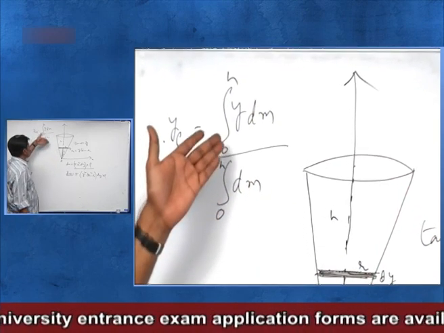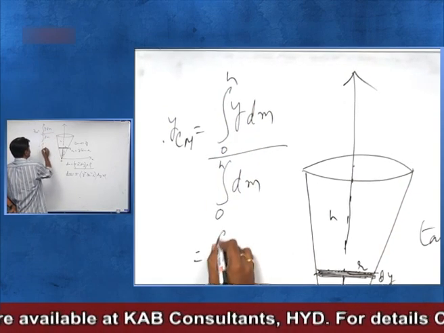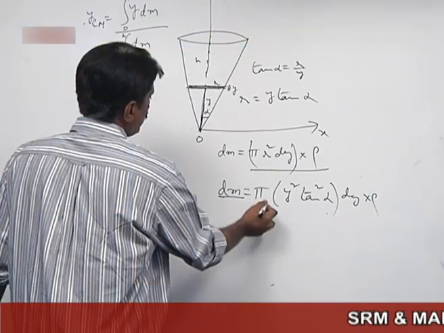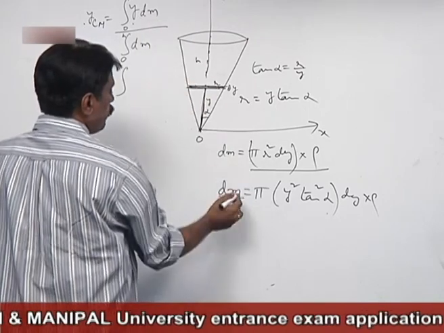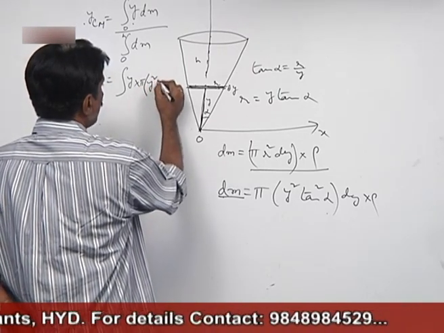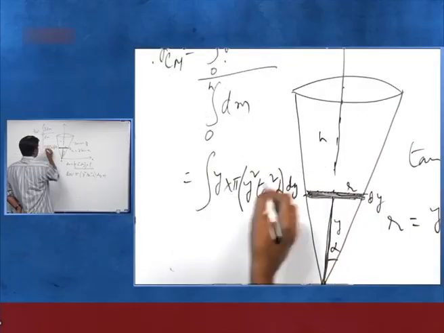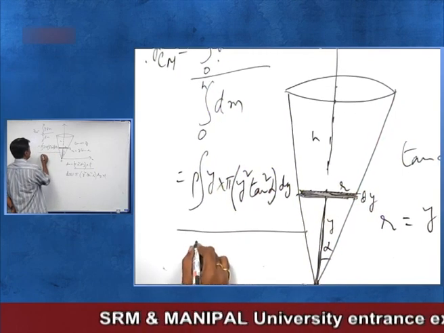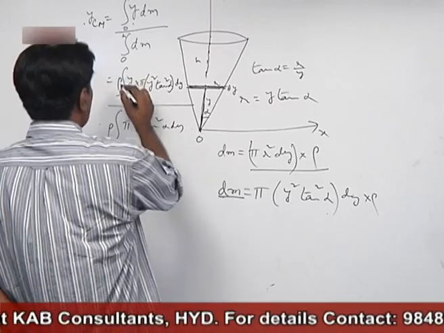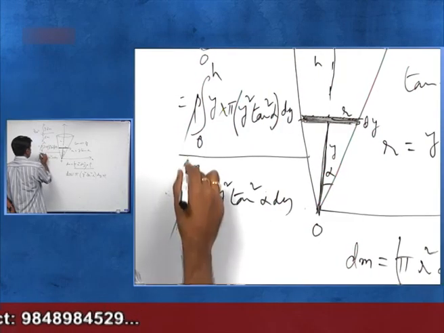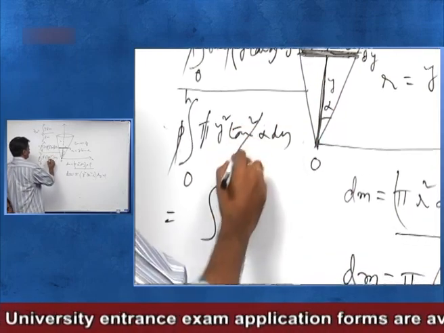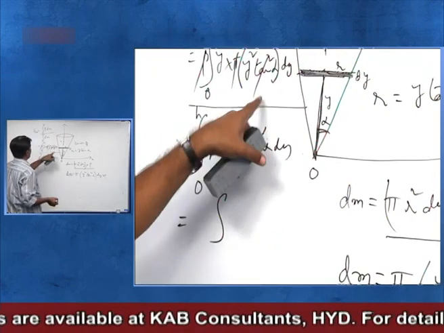Now, let us integrate the denominator and numerator. y into dm is pi y square tan square alpha dy into rho, divided by integral of dm, which is pi y square tan square alpha dy into rho. Rho gets cancelled. Limits are 0 to h. Pi gets cancelled. Tan square alpha gets cancelled because alpha is constant. What is left is y cube dy